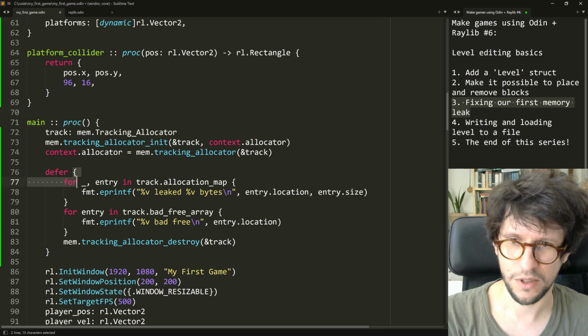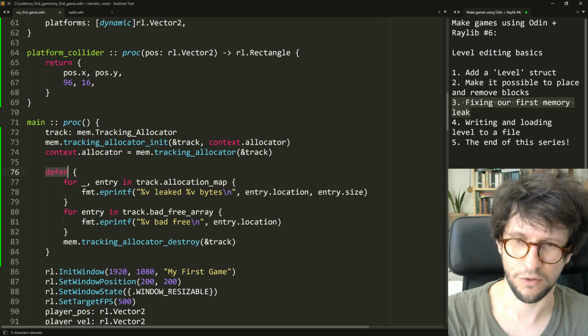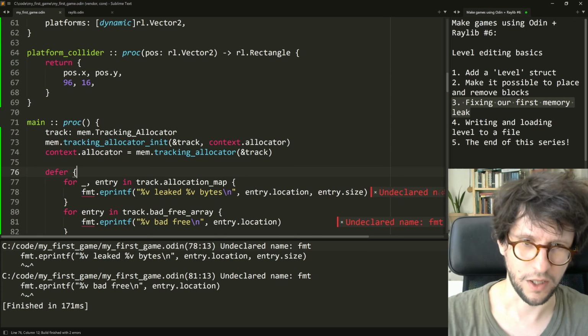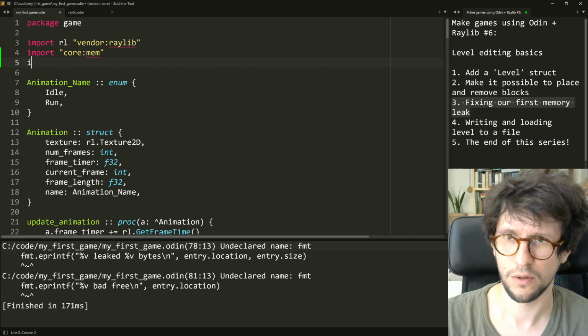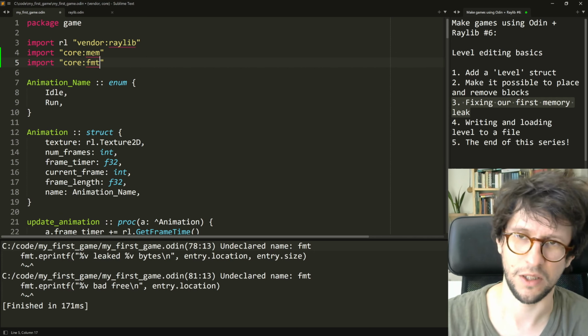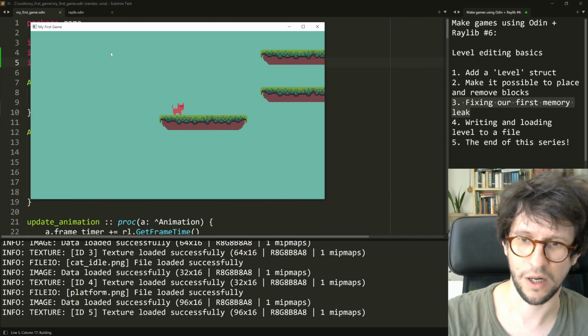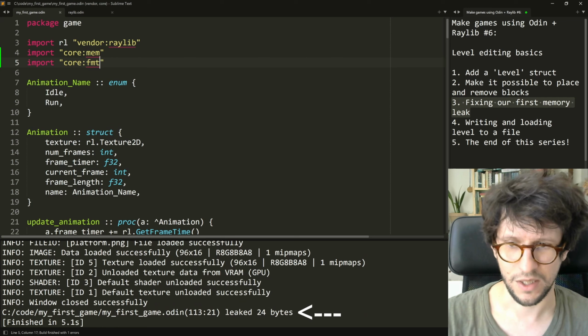And like I said, all this code will run at the end of the main procedure because of the defer. So if we now try to run this, F7, we get some compiler error, undeclared name fmt, because I forgot to include that. So we go up here, import core fmt. Fmt contains lots of things to format strings and to print strings to the screen. So if we now compile and run, the game is like before, but if we close it, then we see that it says